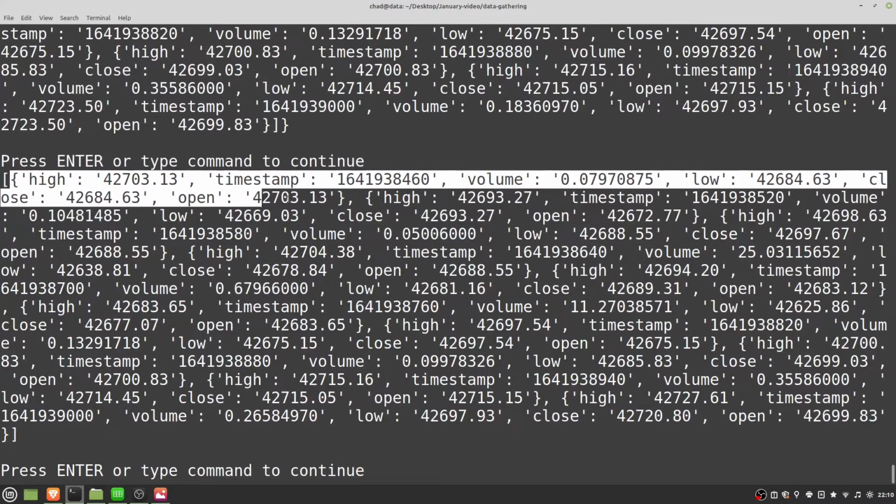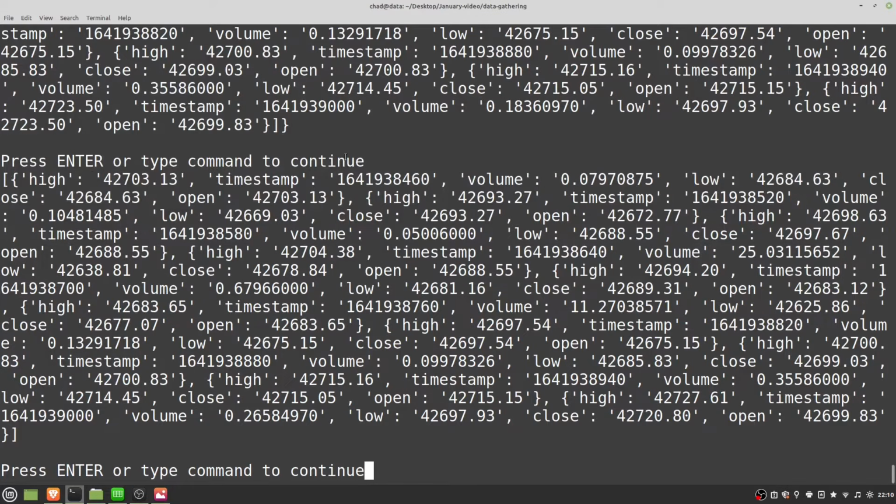So you can see each one of these dictionaries here in curly brackets basically represents one candlestick on a graph. So you've got your high, volume, low, close, open. You've also got a timestamp here. So this should be the number of seconds since the 1st of January 1970. It might also be in milliseconds, but we'll find out. So it's essentially the amount of seconds since the epoch time. It's just how computers measure time. We'll convert this into something human readable in a minute, but for now it's just important that we actually scrape